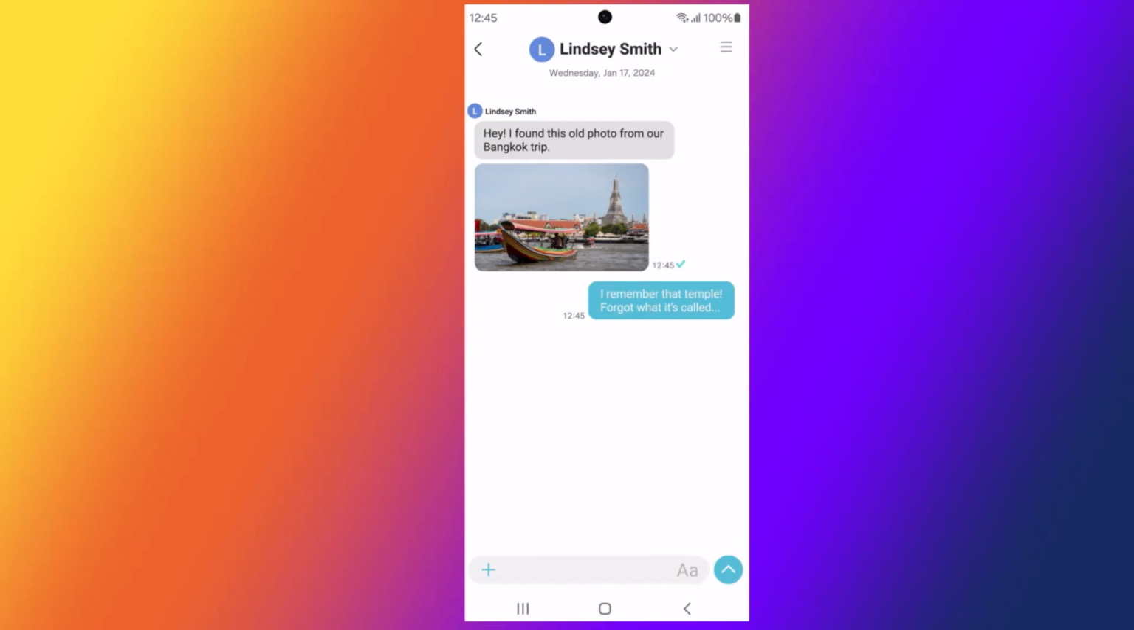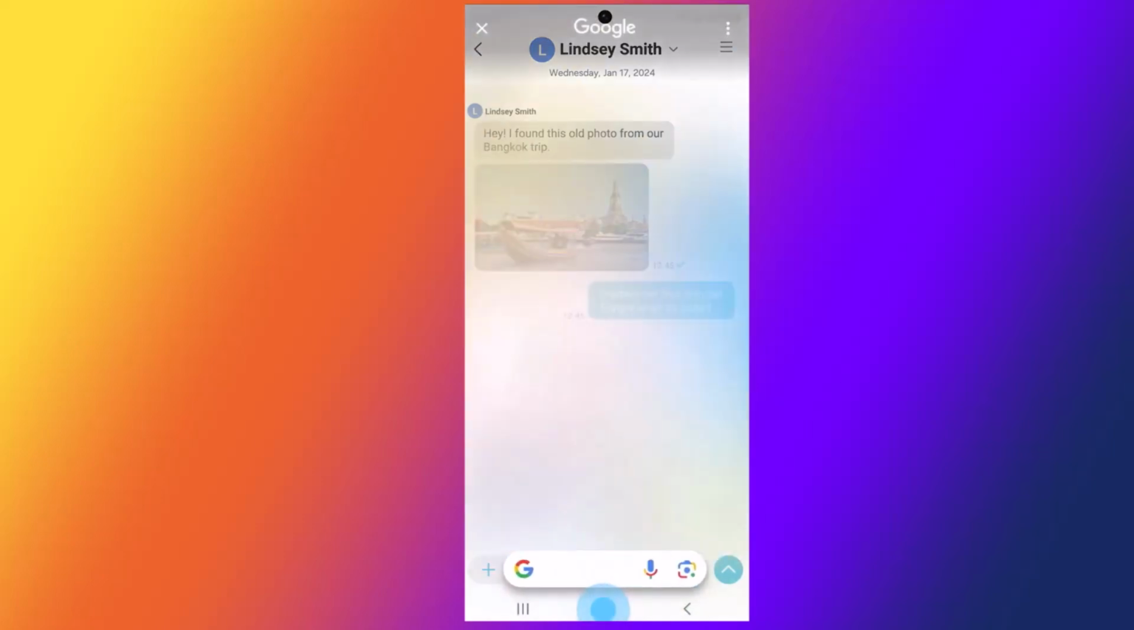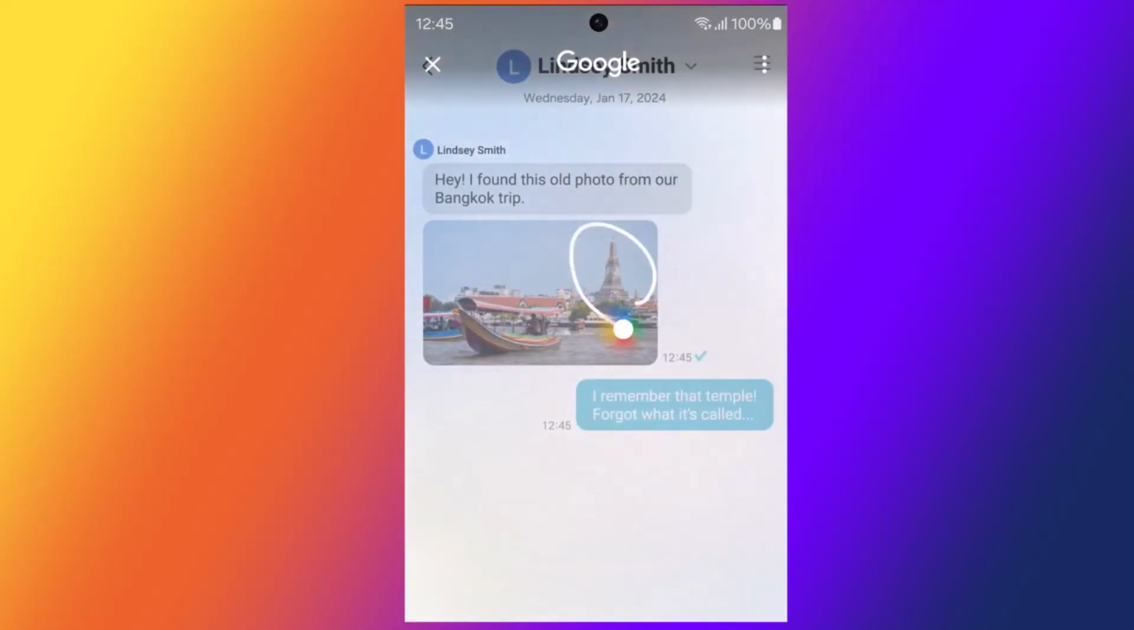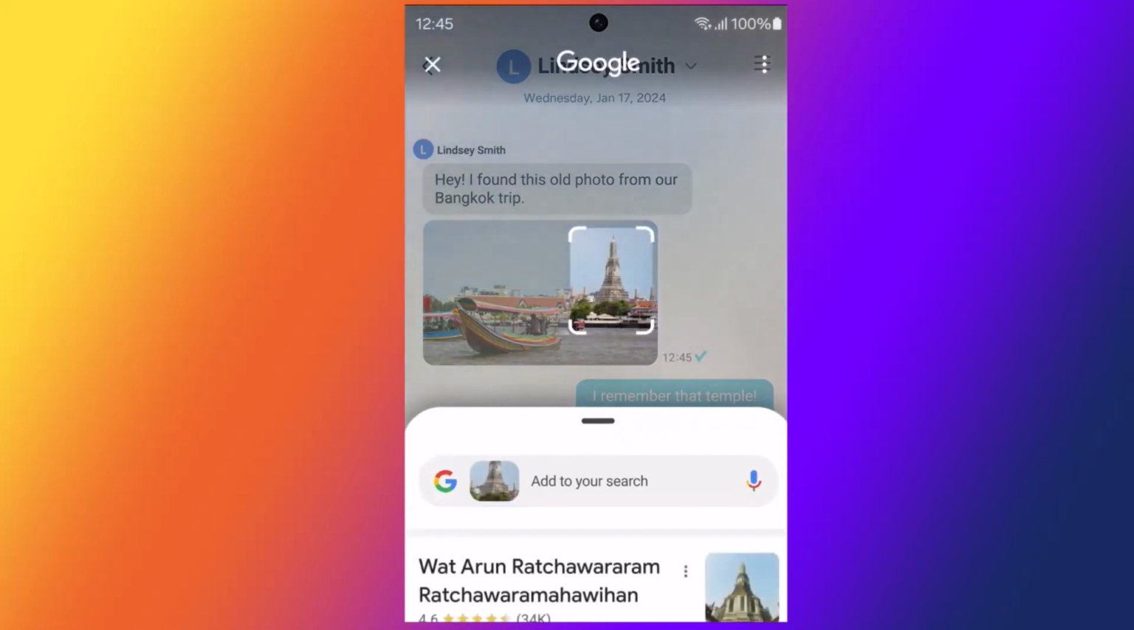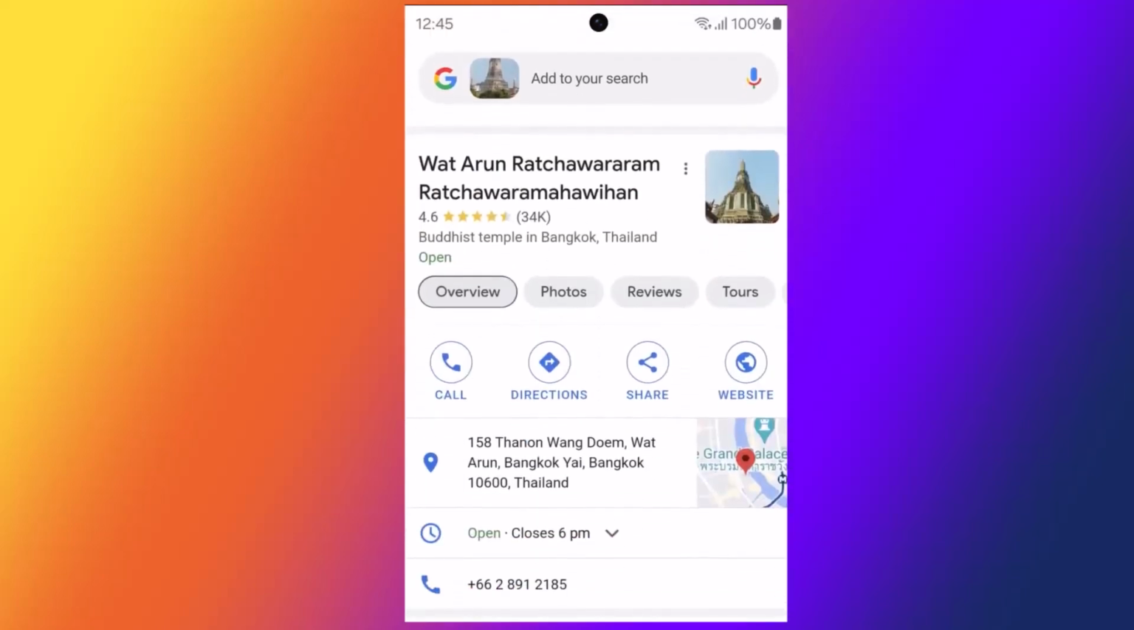Other than that, if you are messaging someone, doesn't matter which application you are in, you can still use it to find that specific place or the specific object in that picture. So for instance, in this picture, you can see there is a small tower. You can just open the Google Lens and then simply circle around the object, and you can see it has simply shown where the picture is or which location it is, and you can see that that is located in